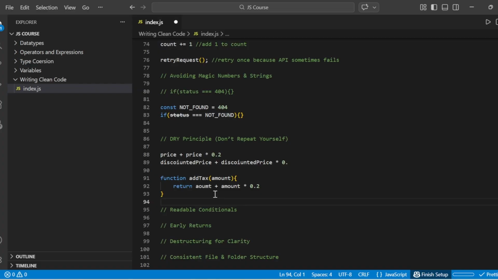Again, repeating logic works, but if the calculation changes, you have to update it everywhere. So if I'm trying to add something else, like from the total, I'm trying to subtract one from this total, if this calculation changes, then